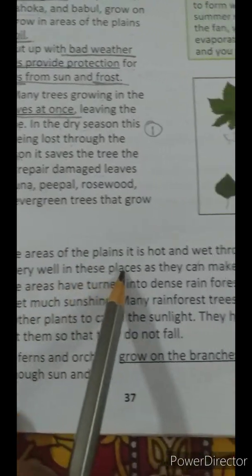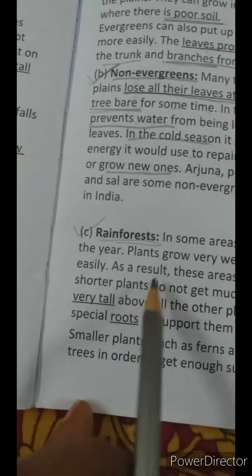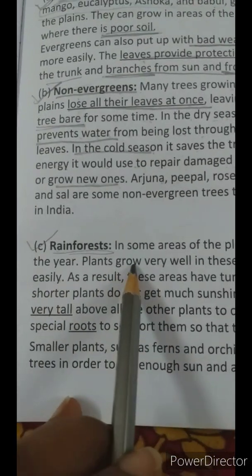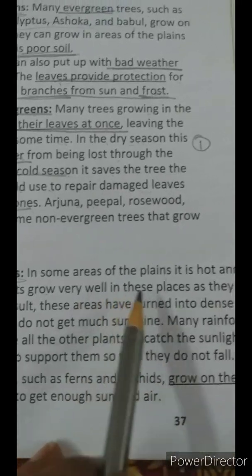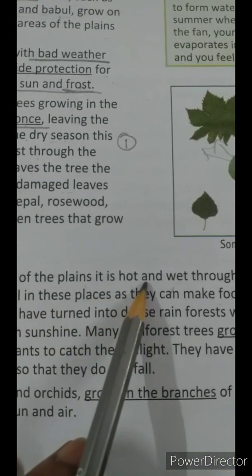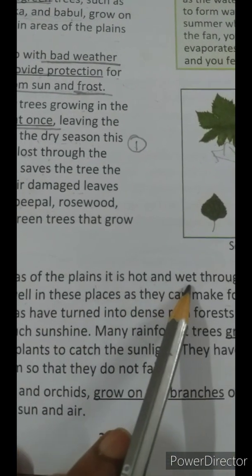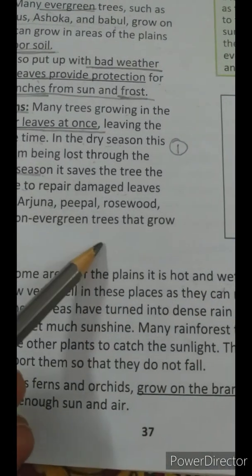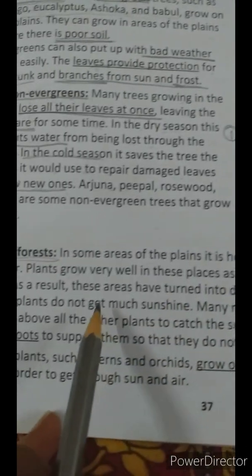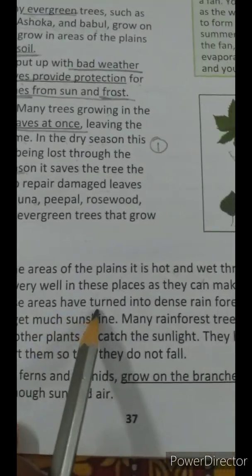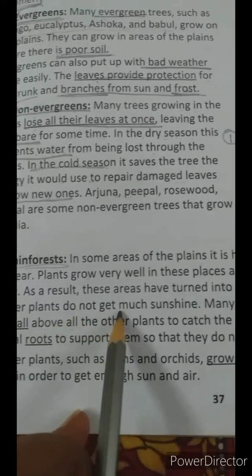Plants grow very well in these places as they can make food easily. So this is the adaptation of rainforest, children, that they can grow very well in areas where the weather is hot and wet. As a result, these areas have turned into dense rainforests where shorter plants do not get much sunshine.